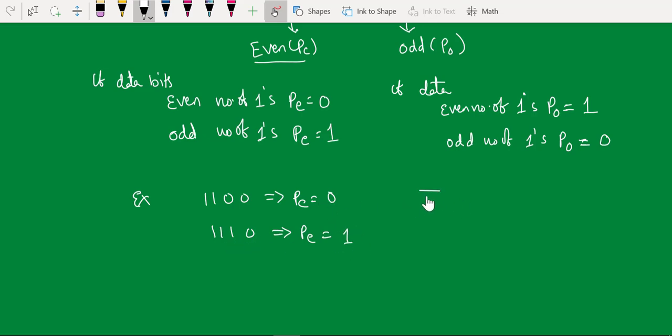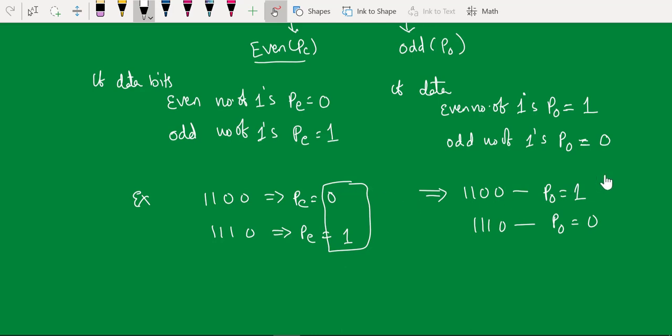For the same data bits, if you write odd parity, your odd parity will be 1 for the first, because it already has an even number of ones. If you make the parity bit 1, the total number of ones will be odd. In the other case, already having an odd number of ones, we make the parity bit 0. If you look at here, your odd and even parity are complements of each other. That means if you design one circuit for generating a parity, just add one more complement, then you get the parity bit for the odd parity.